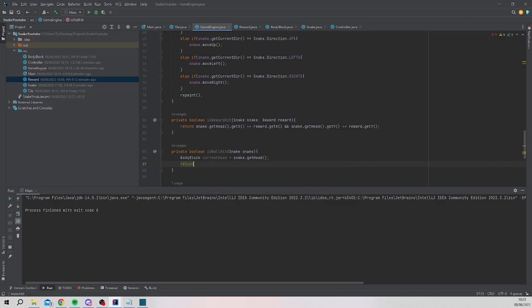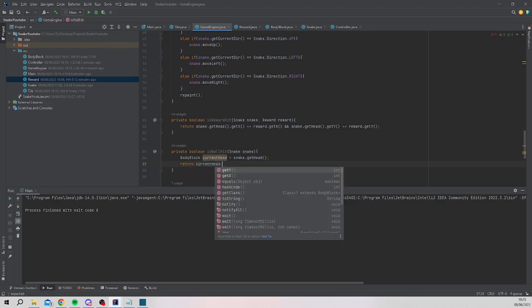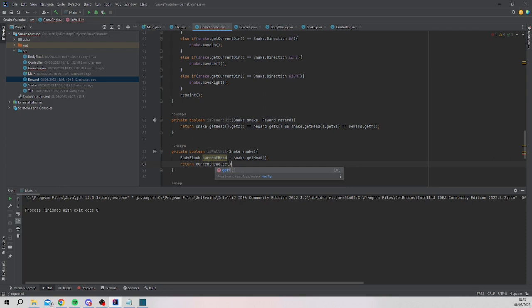Return current head. The reason I set that as current head is because this statement gets really long if you don't take that little bit out there and set it as a variable. Is less than 0. So we're saying if the x is less than 0, so it goes off the screen to the left, or current head dot get y is less than 0,